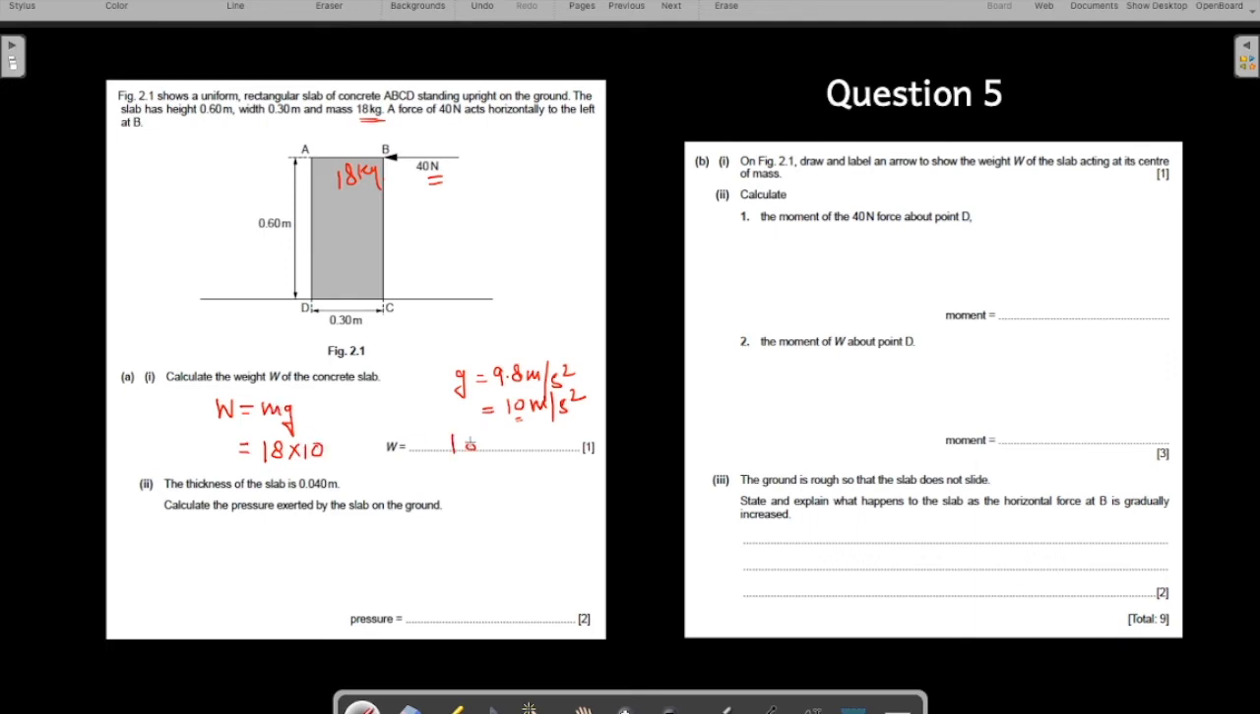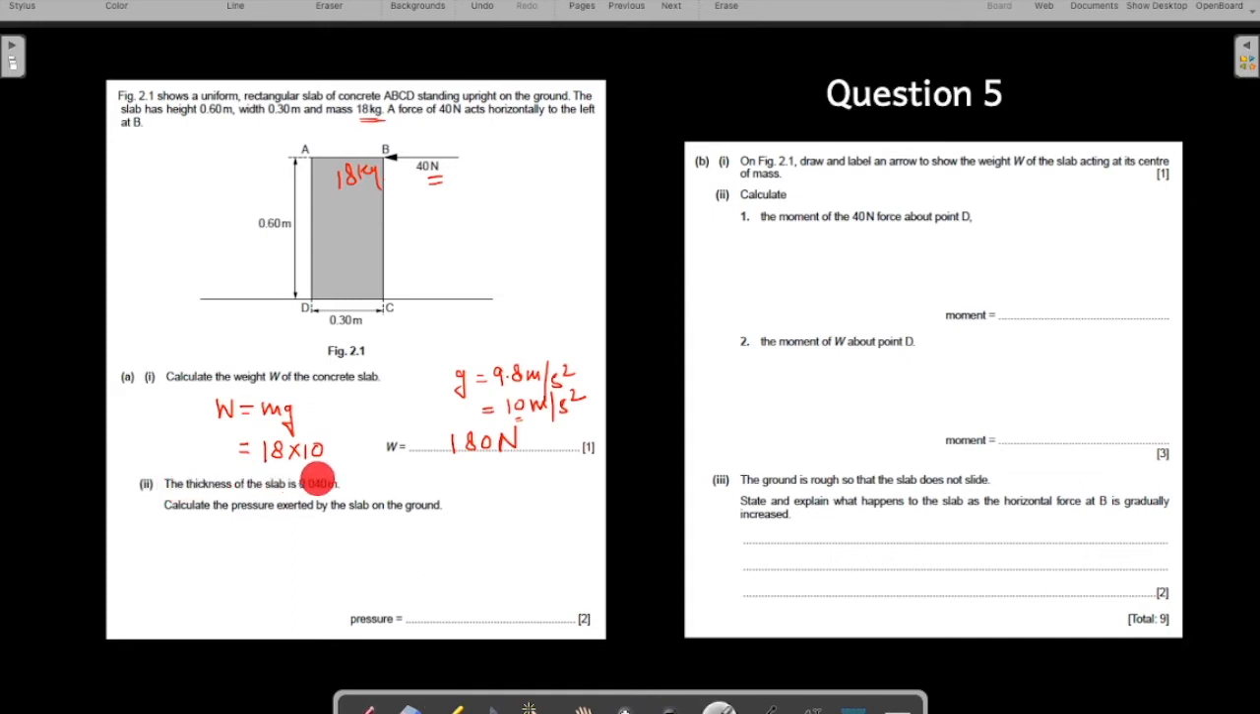So what is the weight? The unit for weight is newtons. Why? Because weight is a force. If you do not understand that weight is a force, go through my video on weight and mass to understand what is weight and why its unit is newtons. Alright. Next thing,